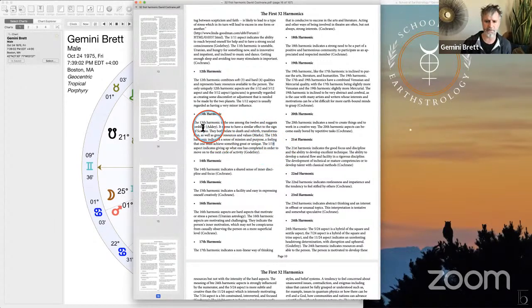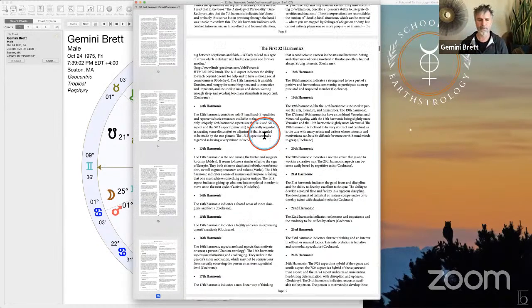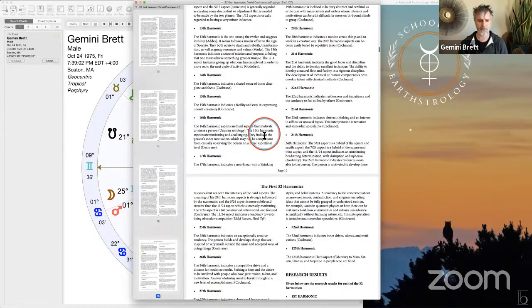Interestingly, we don't hear from David Cochrane on the 13th. Usually you'll find for all of these, it ends with what Cochrane has to say. It's his paper, but not for 13. I'm intrigued by that. Playing with the primes is difficult because with 13, it can work with sums, like 5 plus 8 is 13. It doesn't really work vibrationally, like a fourth is the second of the second, if you will. Or an eighth, I can play with 2 and 4, or a 10th is like a fifth, but times 2, right? So you'll see things like in the 5th harmonic